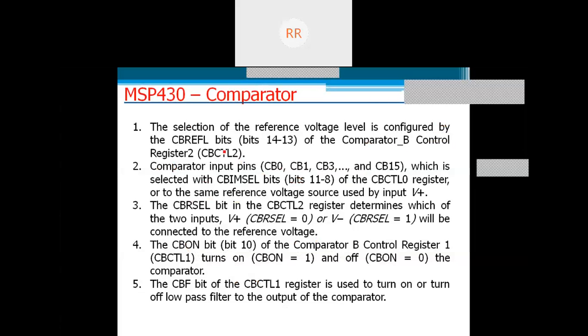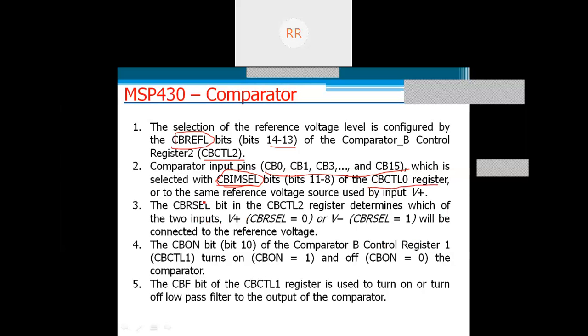Okay, so we have just discussed all these values in the block diagram itself. For the reference bits, selection of the reference voltage, 2 bits are available for 4 reference voltages. The comparator B control register has these bits, and CBIM selection. If you observe the block diagram, CB0 to CB15, for these 16 inputs, if you want to select any one input and give it to the comparator, 4 bits are available for CBIM selection in control register 0.